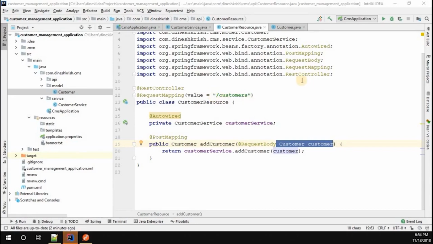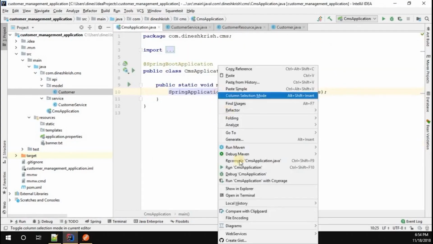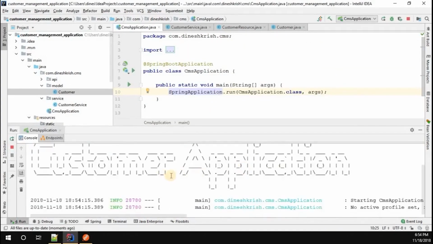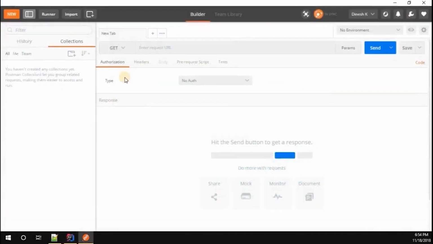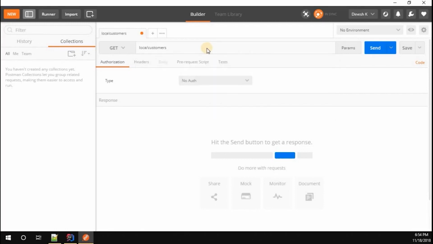In order to do that, of course, first of all, we have to start the application. So just go to CMS application, right click and run the CMS application. Now you can see that our customer application is started. Go to the Postman tool where you can test your REST endpoint, right? So what is our REST endpoint? Our REST endpoint is /customers, right? That is running on localhost colon 8080 port, right? Since we are dealing with the PostMapping, your HTTP request method should be